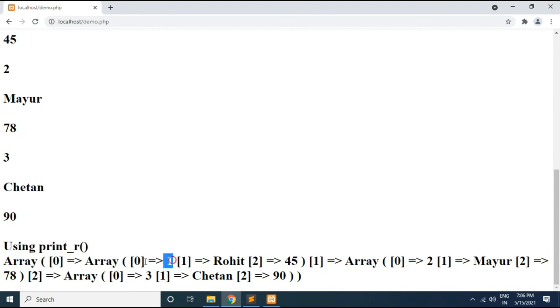So first roll number is available at 0, first name is available at 1, marks are available at 2. Next sub array we have 1, next sub array we have 2, like this. So you can also see the array structure here and how values are stored within the array. So this function, that is print_r, will help you to print the array structure with their values.